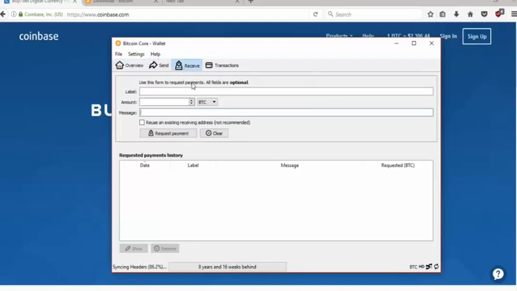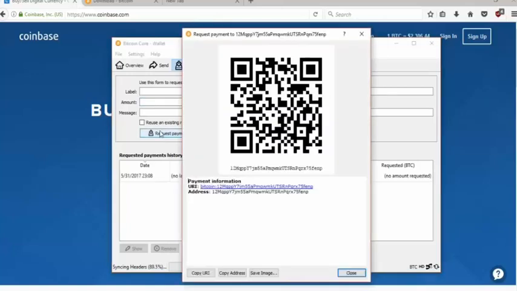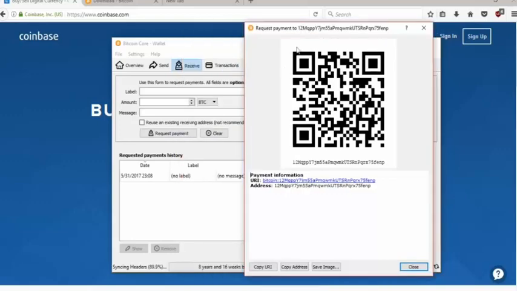Now, if I go back into receive, you can basically just look at the fact that it says use this form to request payments. All fields are optional. So you can say amount, and if I say request payment, it's going to say payment information, Bitcoin.